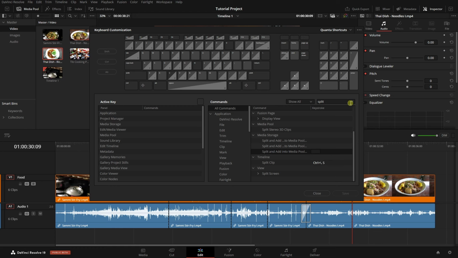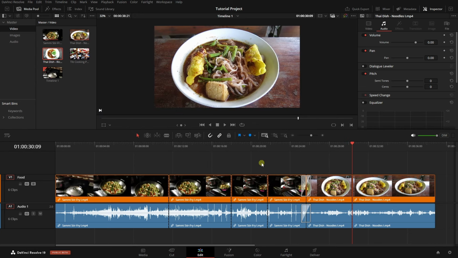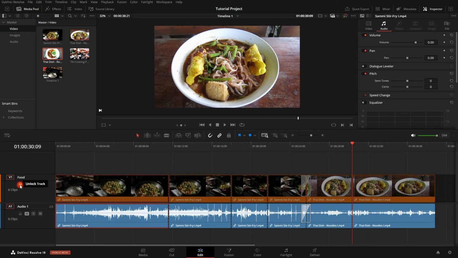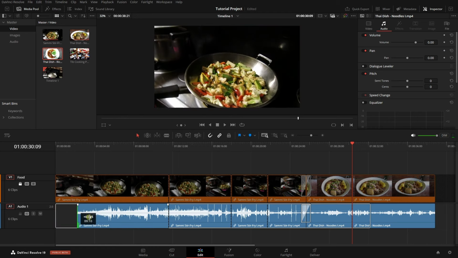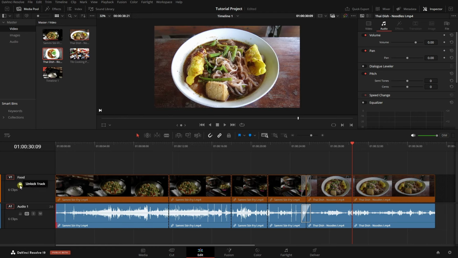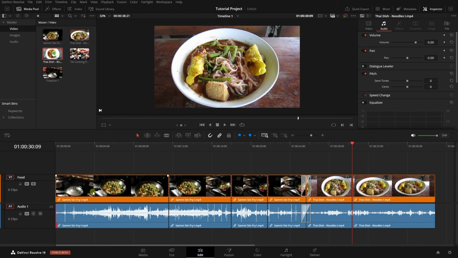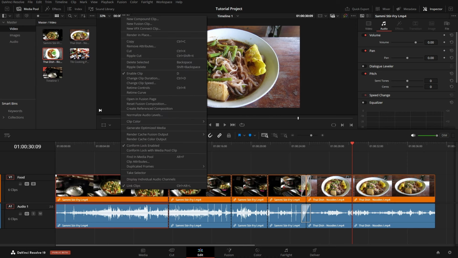Let's go ahead and clear the search by clicking on the X here, and we'll close out of our keyboard customization. Now we saw earlier in the video that we can select a clip and say lock the video track, and then we can adjust our audio independently, but we have a couple of different options for doing this as well. So I can select while these are both highlighted in the red frame, and then right click, and we